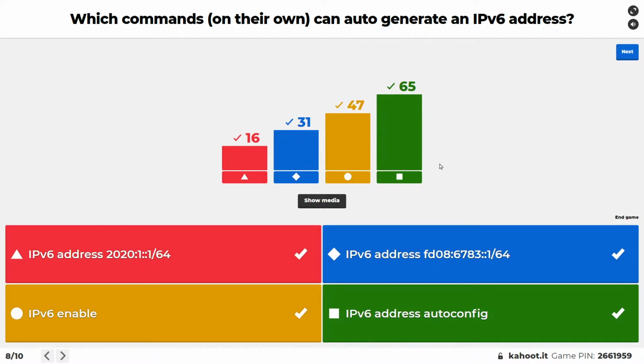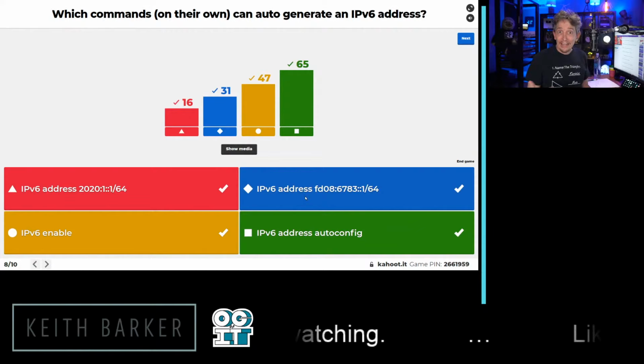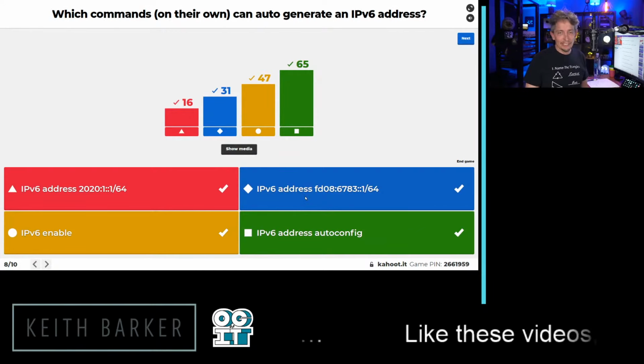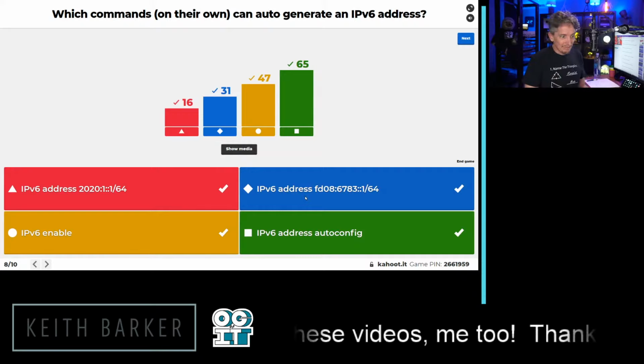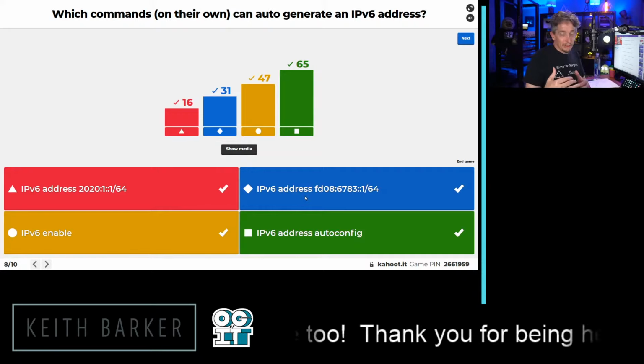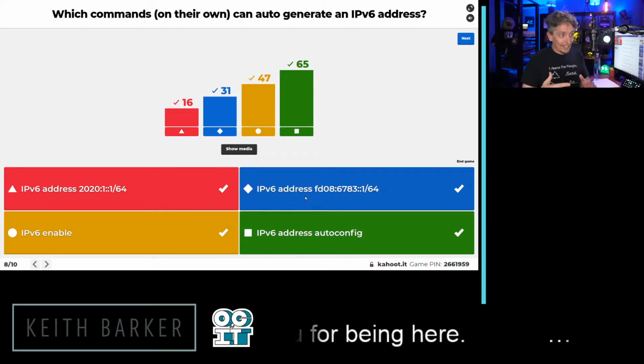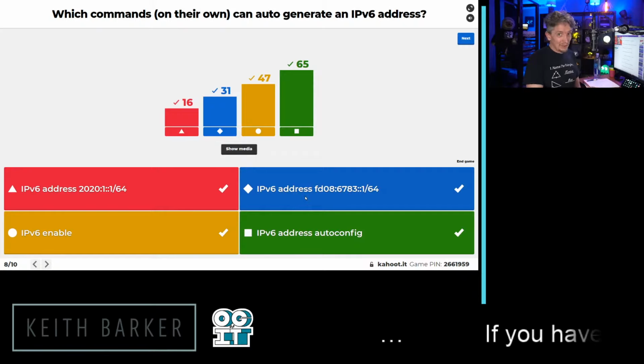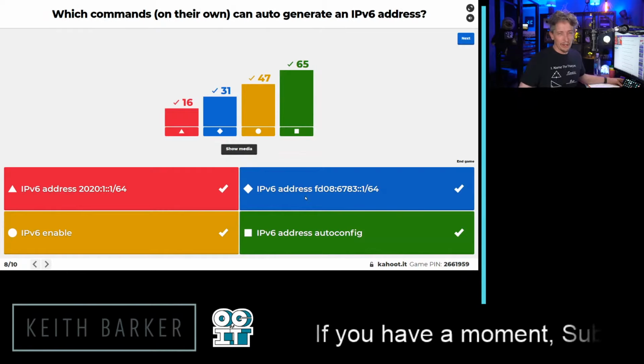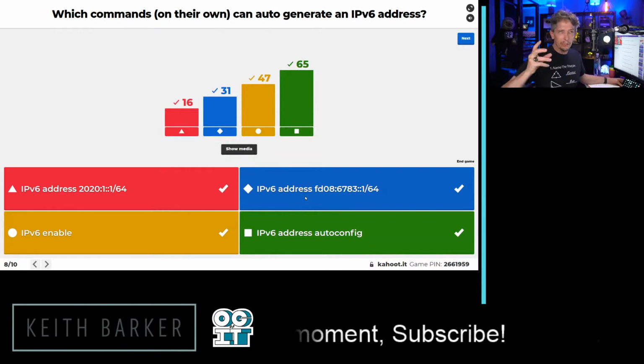All right, every single one of these answers is correct, and it's interesting. Most people agreed. 65 of us say IPv6 address autoconfig. That definitely will do it. You can see the numbers there. The best way to test this out would be to bring up Packet Tracer, one router, and connect to a switch and just try them. Whether it's the global address or the link local address that's getting the auto-generated host portion, all of these commands will do it. And that's a great exercise. If you've been studying IPv6, you want to cement in your mind which ones and how this works.